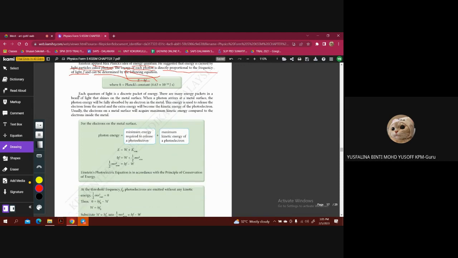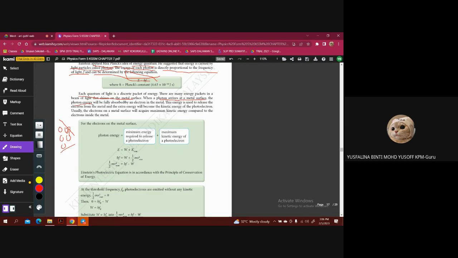So each quantum of light is a discrete packet of energy. There are many energy packets in the beam of light that shines on the metal surface. Let's say I draw this as the light. We just assume it is like a packet of energy. So inside the light there is a packet of energy. Then when a photon arrives at the metal surface, the photon energy, E equals hf,